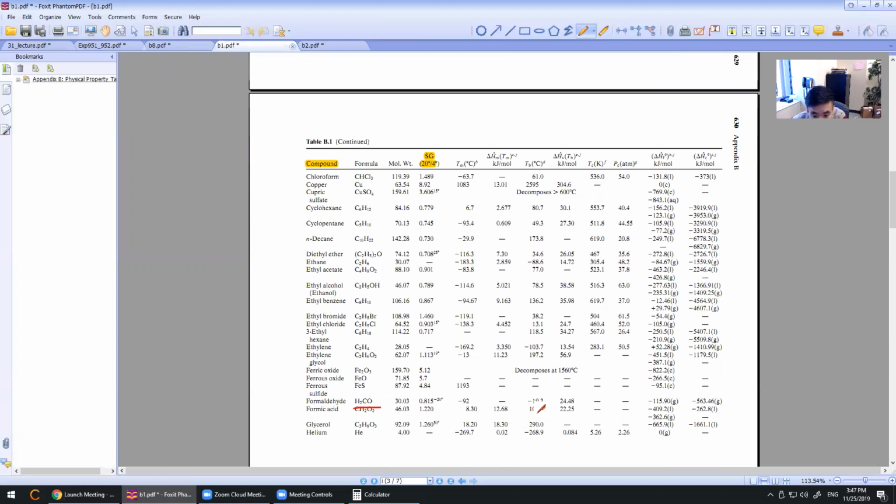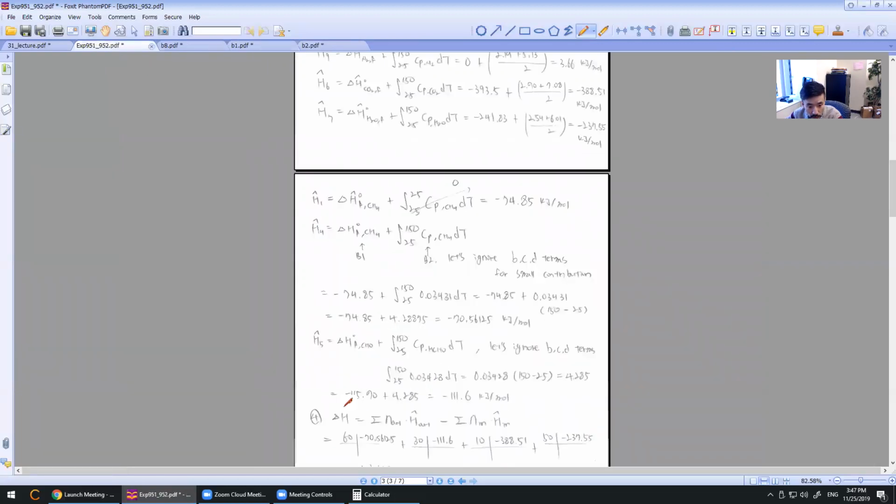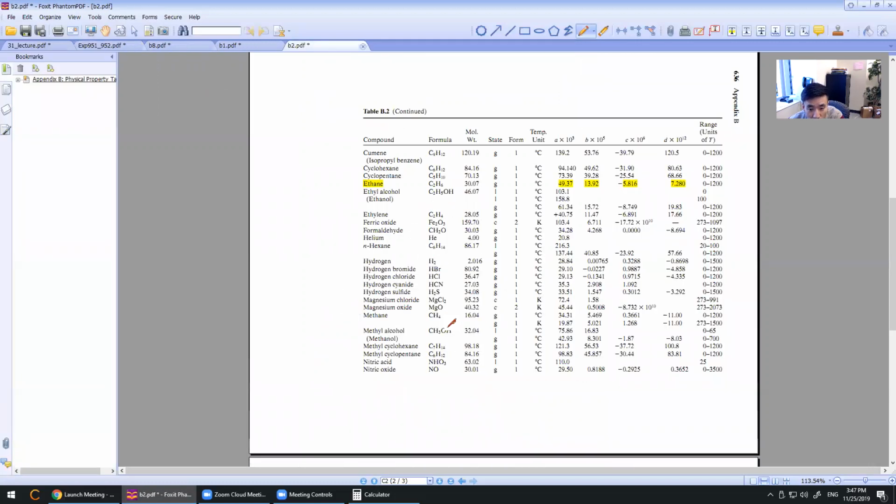Here, right? Formaldehyde, we have negative 115.90. So you write down negative 115.90 for formaldehyde. And for this term, again, we are going to use the BCD term to make the calculation easy. Let's take a look at the ABC terms. So table B2, formaldehyde. Formaldehyde is,